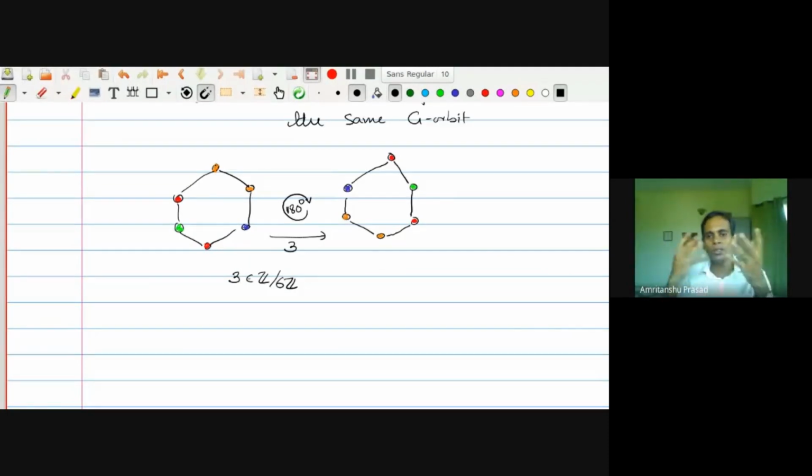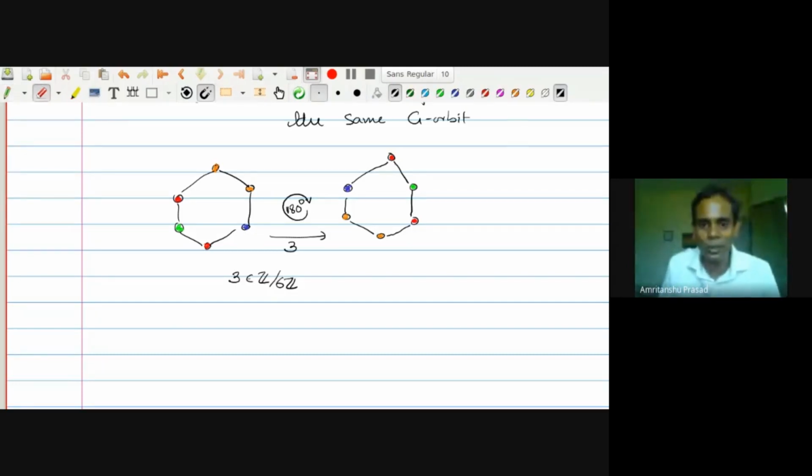These are equivalent. Suppose, you know, some of us are very fashion conscious. I don't like to wear the same shirt 2 times during the same week. And if I do wear it, some of my colleagues say, oh, look at this guy, he's wearing the same shirt 2 times. I don't wear necklaces, but if I wore necklaces, I may not want to wear the same necklace 2 times during the same week. And just rotating the necklace, well, that doesn't make it a new necklace. It's still the same old necklace, right? So these are equivalent. It's the same thing.